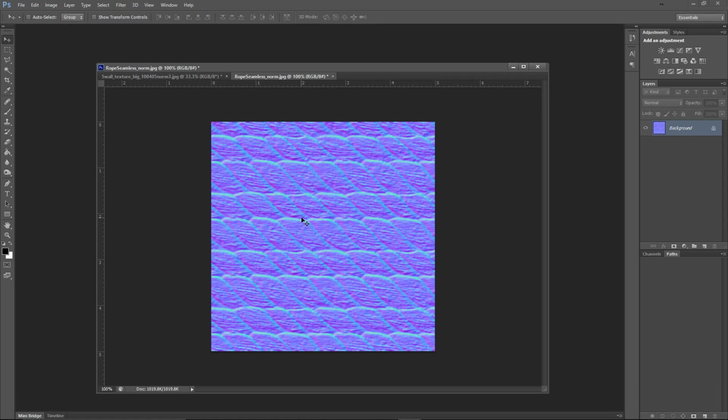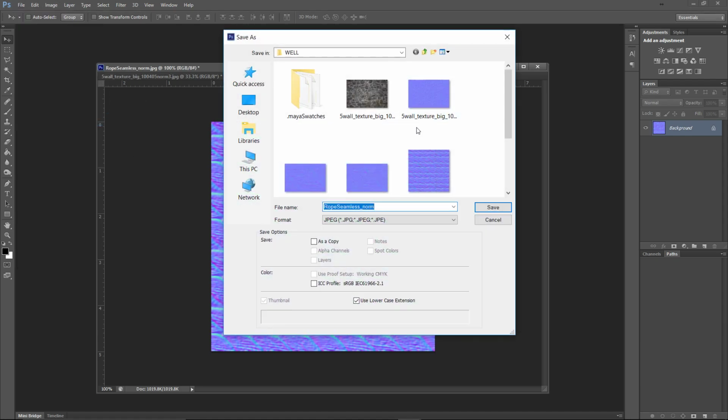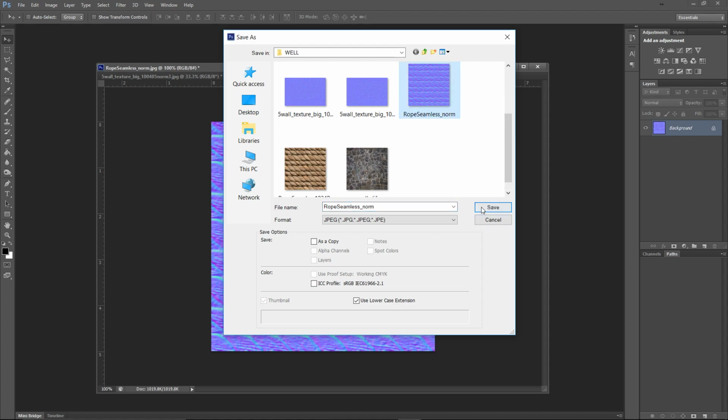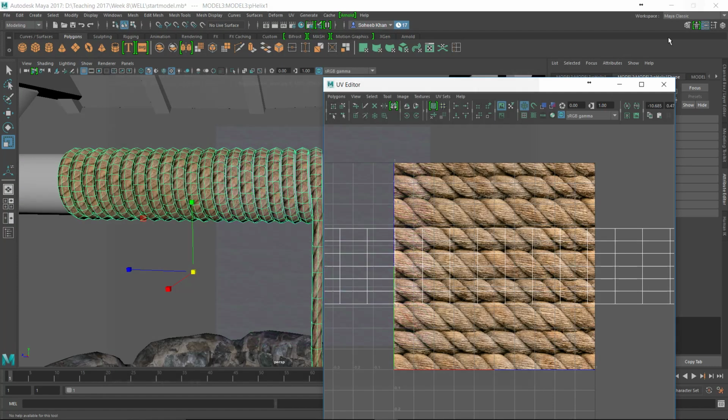We're going to look at baking later on in a different class, but this is a quick way to generate that. For every model you might not be able to bake a texture out of, but this one certainly would be a good way to do that. Maybe because it's a rope and you're not going to be seeing it from close up, it might not make sense to bake that. So if I just press OK on that